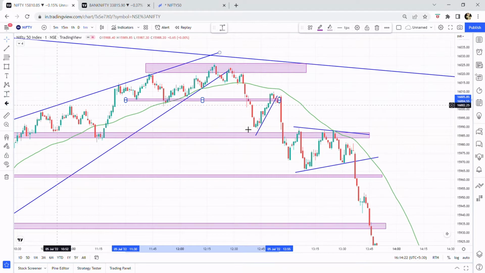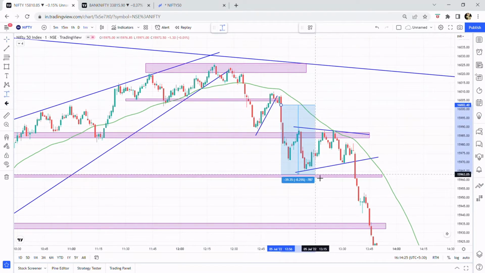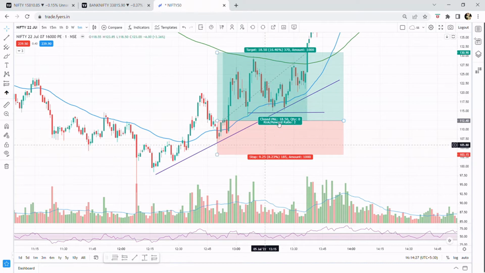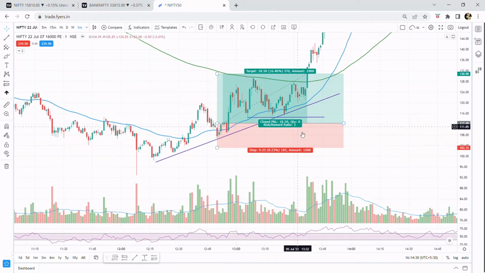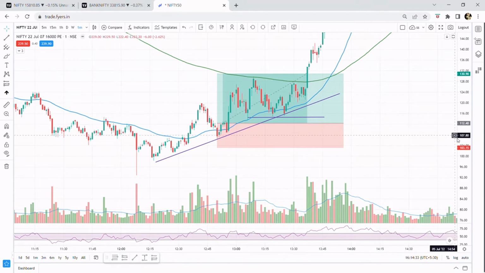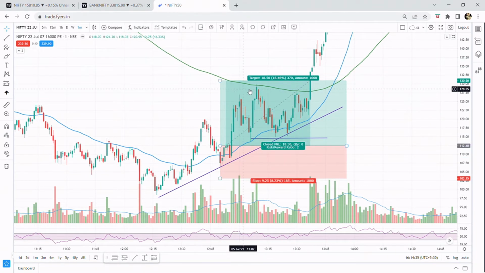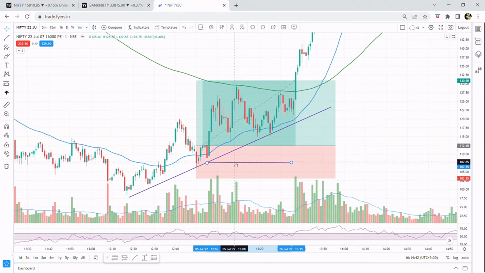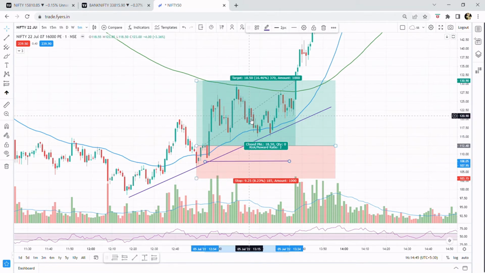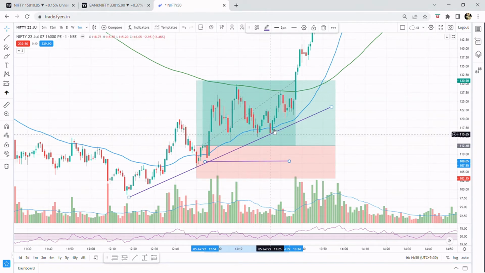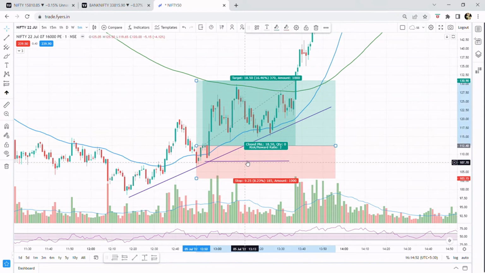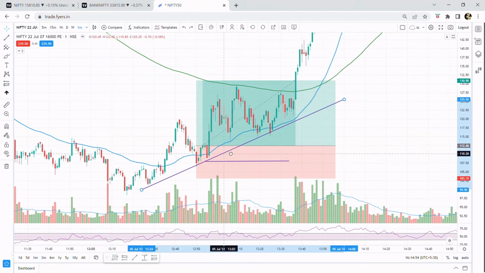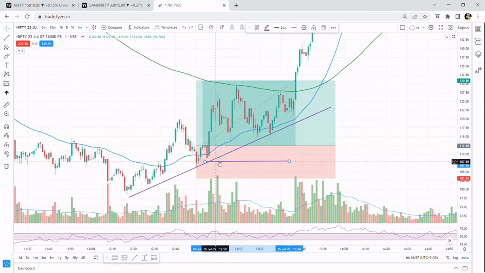961, almost 40 points. So after this move, it was hovering in this area, it was sideways. It almost went near my target, but again came down almost to my entry level. So I kept my trailing SL to this level first. Then when it came near this area, I drew this trend line. Again, when it went up, I trailed my SL to this level